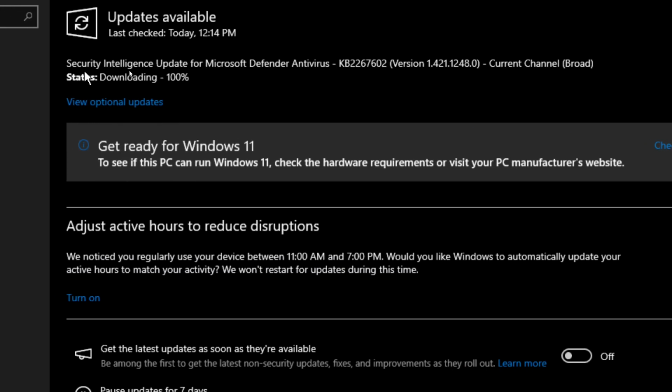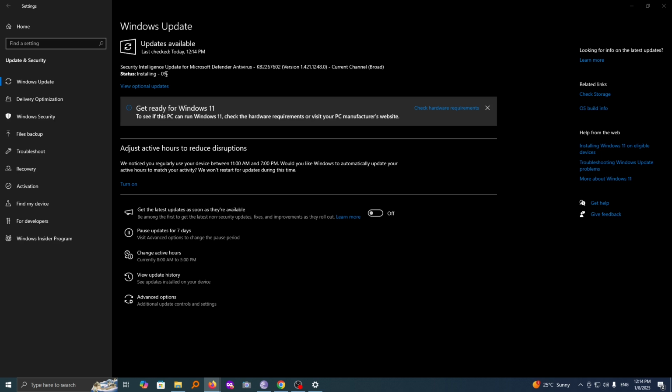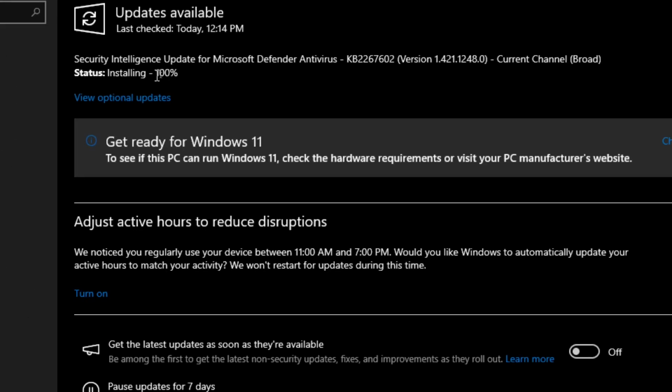And now as you can see, we have one, and this is Security Intelligence Update for Microsoft Defender Antivirus. It has downloaded and now it is installing. So you see, when Windows is set to auto update, it will be able to pick such changes or such updates and then update them automatically in the background. So this takes time, and as you can see, the installation is done and now our Windows is up to